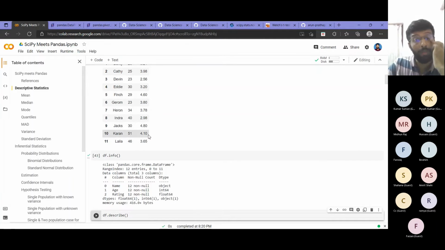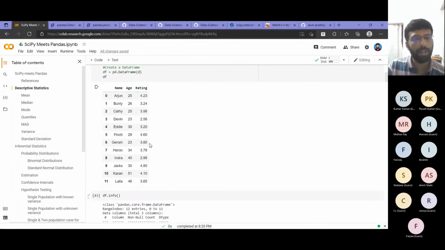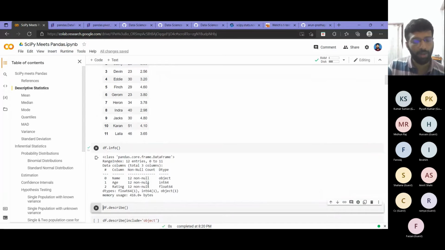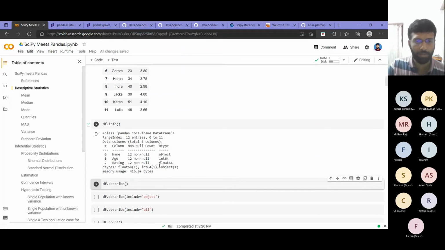Now how it matters is that suppose you have a data set with 1000 entries, 2000 entries and so on. There may be null values in that, and you may have to impute them, put some value there, like the median, mean or something, or just put everything to 0. For that, you can use this info function to get an overall idea of how many entries are not null and the type corresponding to each column.